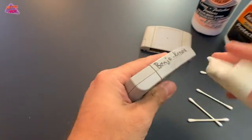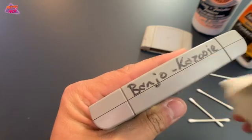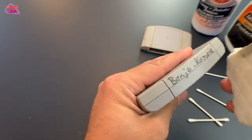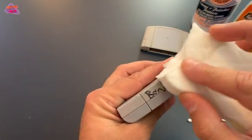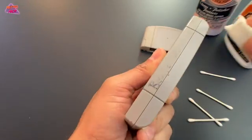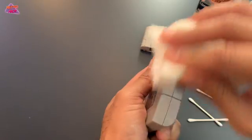So watch what it does to all this writing. This has probably been on there for, who knows, it could potentially be for the last 20 years or so. It's already a little damp, and look how easy this is coming off already. Like you guys saw in the video, this was already on there, and it is coming off. This is actually coming off easier than it usually does. So you just scrub. I'm not scrubbing super hard,